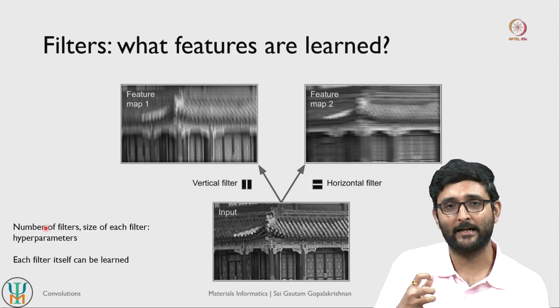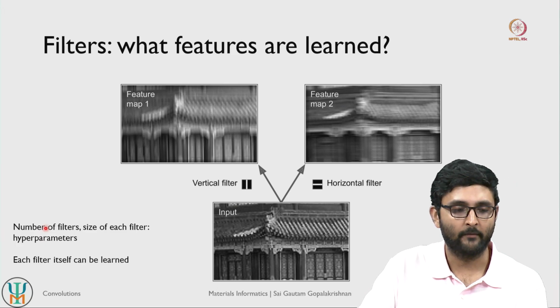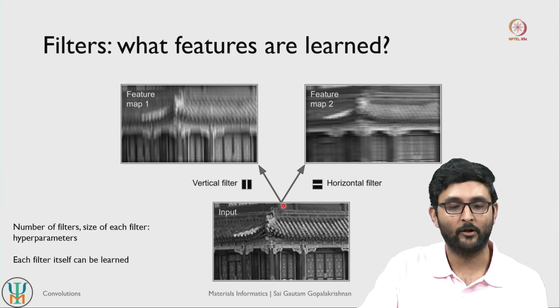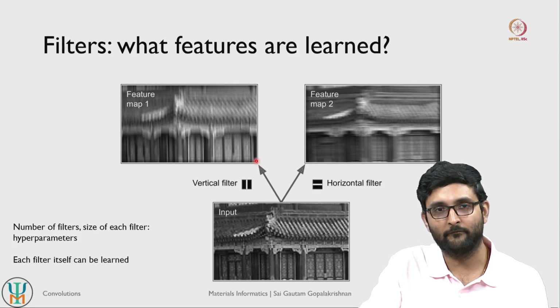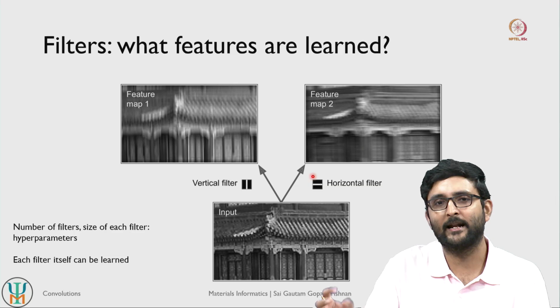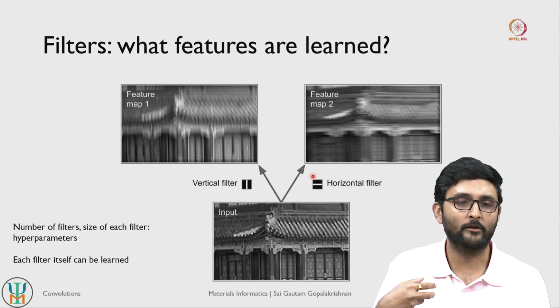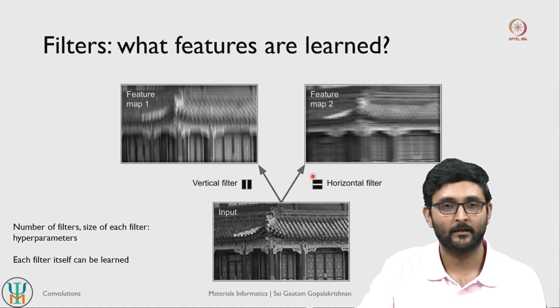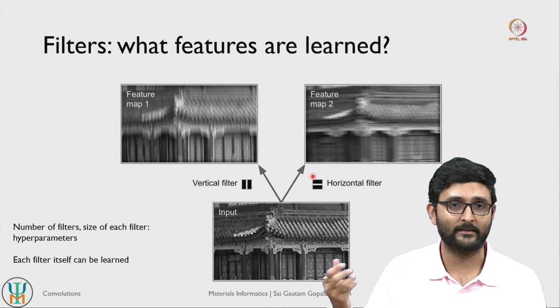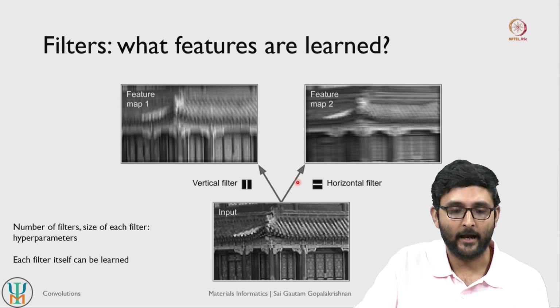Typically when we design convolutional neural networks, the number of filters and the size of each filter are two things that we try to define. So let us say I have this input image, I only want to identify the vertical white lines and the horizontal white lines, then I define 2 filters, right. If I also want to identify slanted white lines, then I will define a third filter, right. So the number of filters is a hyperparameter that we have to choose.